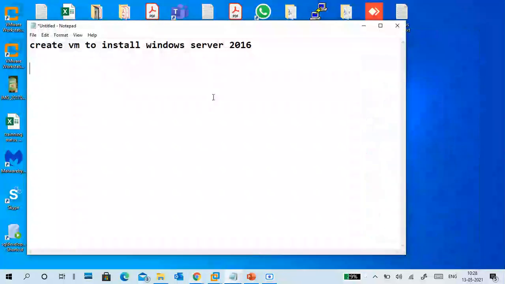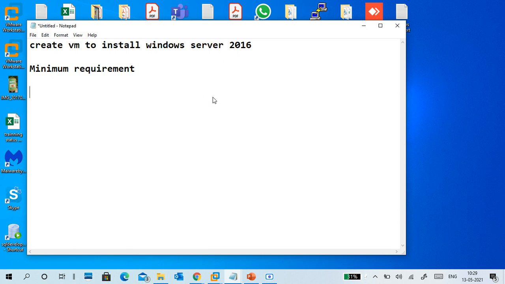Okay. So to create a virtual machine, we need to know the minimum requirements to install, and it's also better to know the recommended ones.